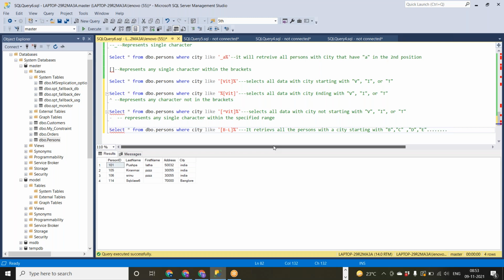So it continues until L. So in this way you can mention the range.